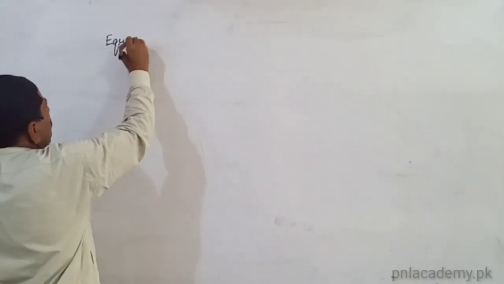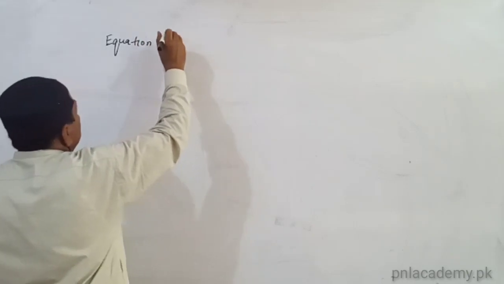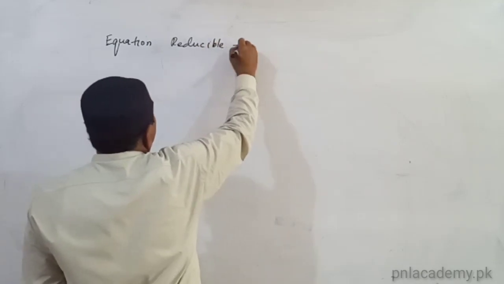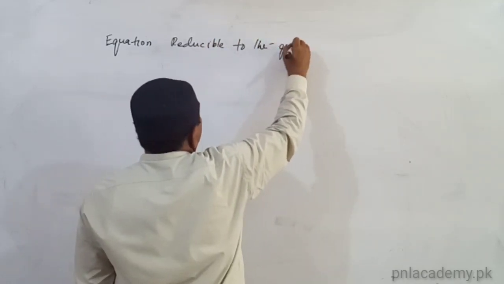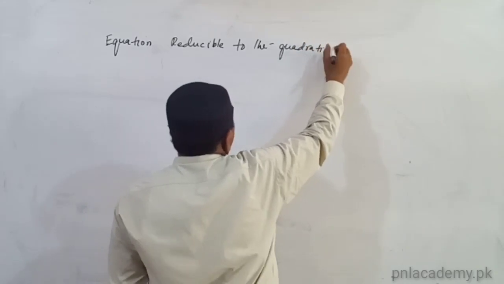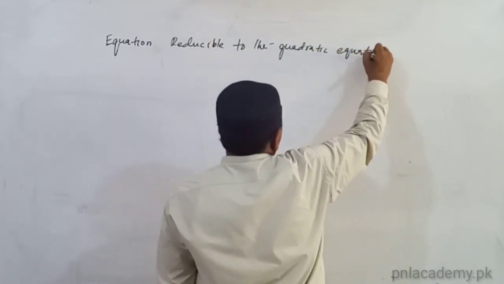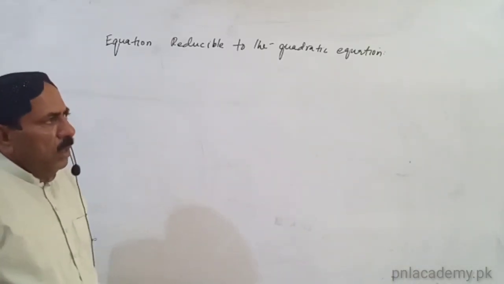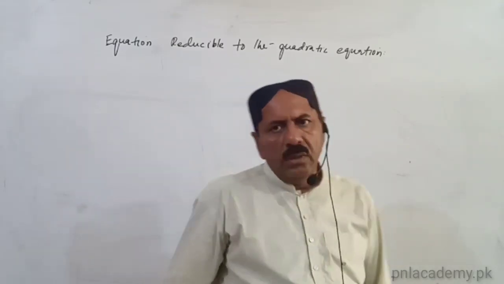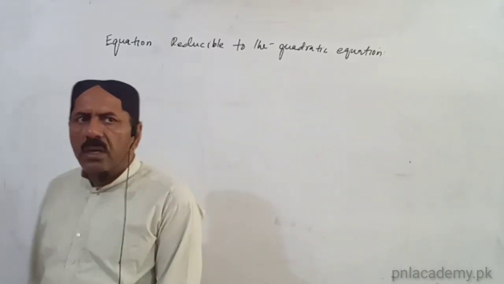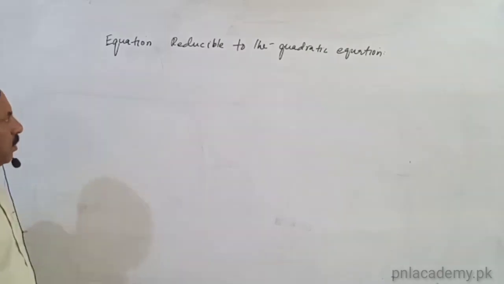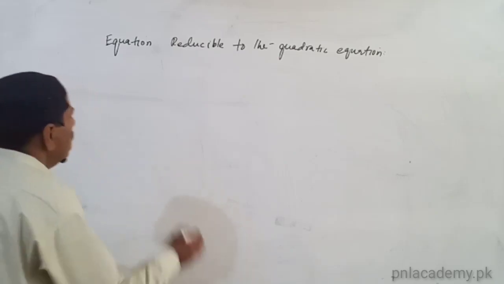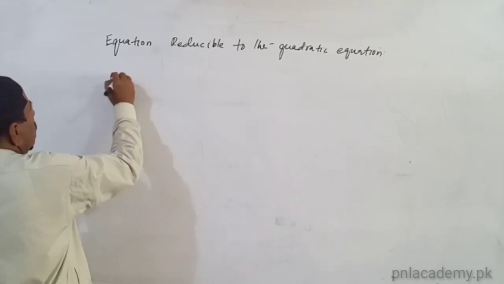The topic is equations reducible to quadratic equations. Equation reducible to a quadratic equation means that directly it's not a quadratic equation, but after substituting some value, it can be reduced to a quadratic equation. Just like, for example,